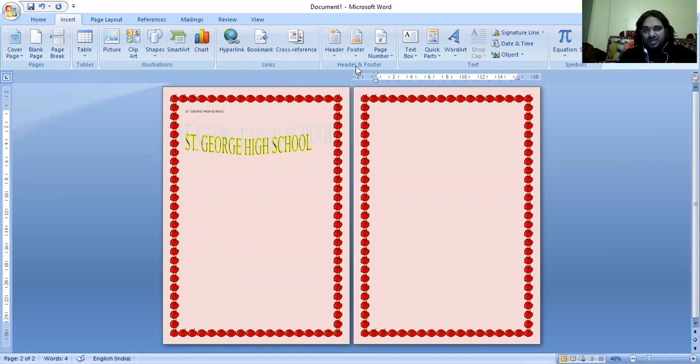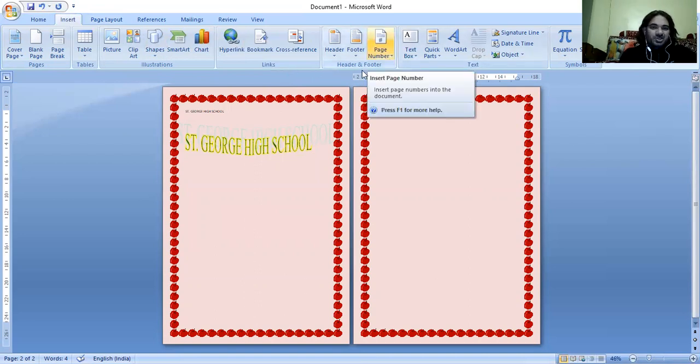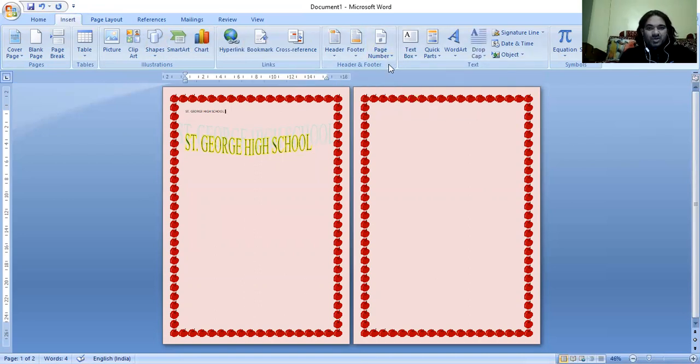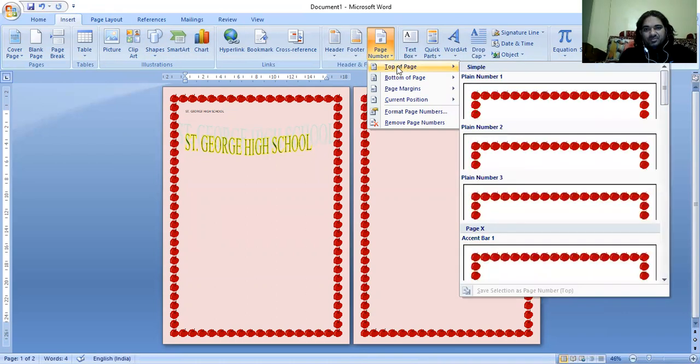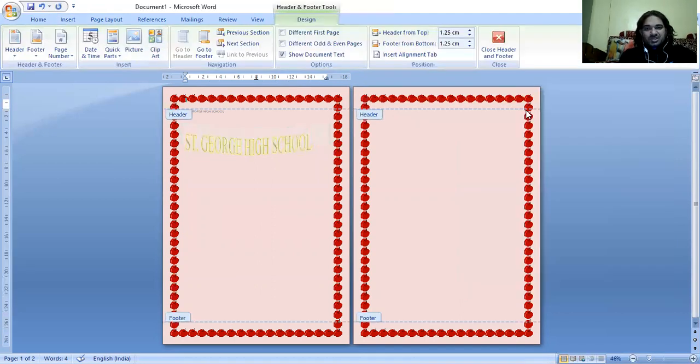Okay, now I click on insert. I can see two pages are there, right? I'm clicking on page one. Now you can see here the option called insert page number. Once I click here, and once I click on it, see, these options are there. Can you see that? So I just click page number one. You can see here, now page numbers are there, right? With header and footer. Got it?